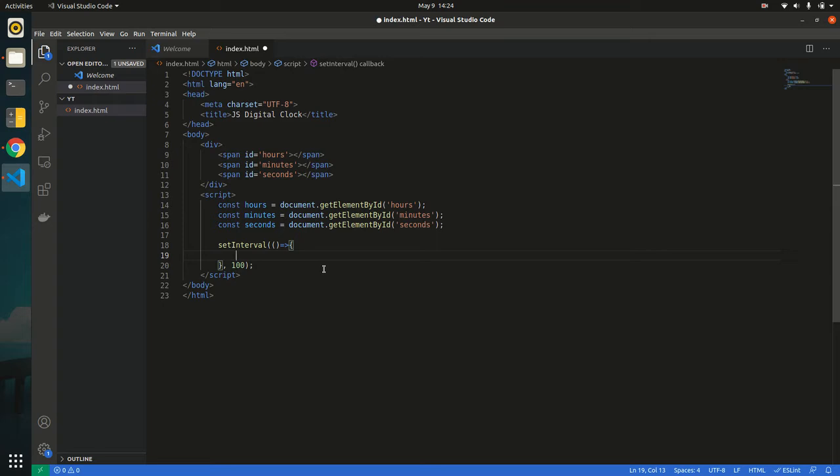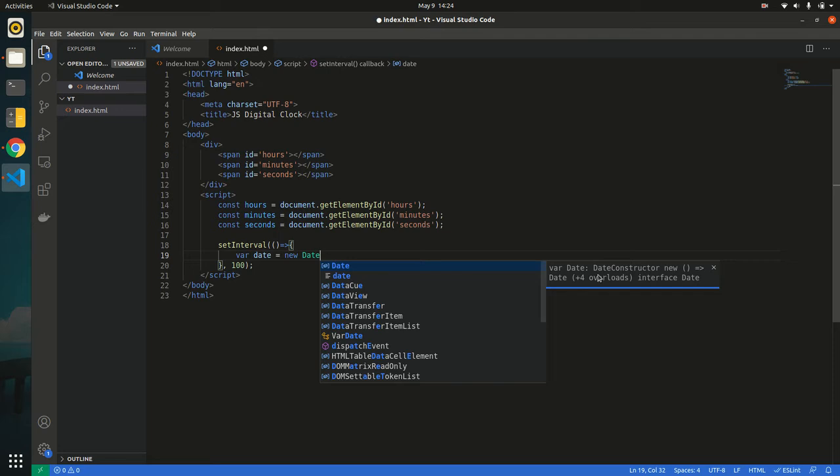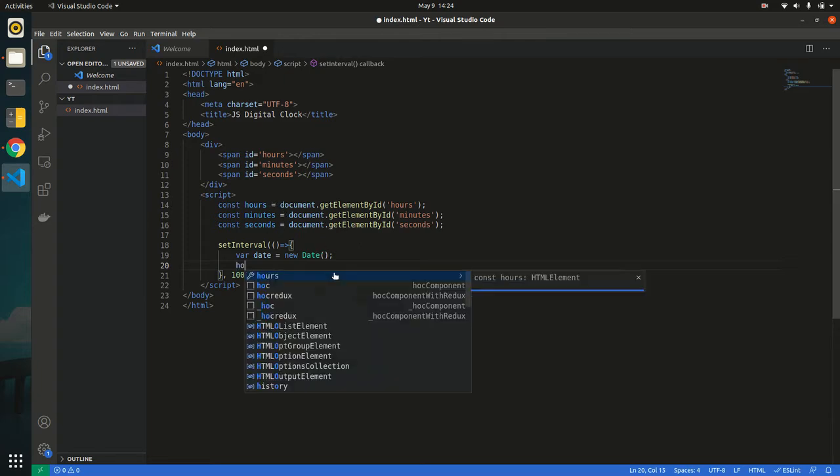So JavaScript has a Date constructor for us. So we are going to initialize that by saying variable date equal to new Date. And here you can see that it's actually a constructor, and it has a lot of stuff which we are going to use. So now we have these hours, minutes, and seconds. So we are going to say